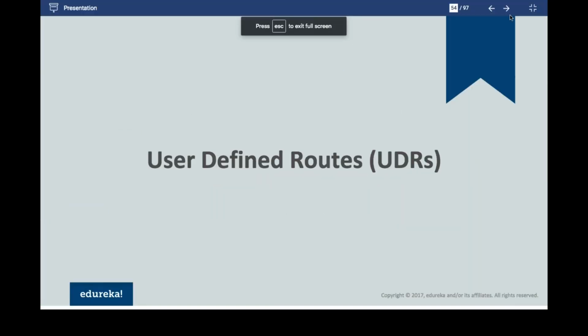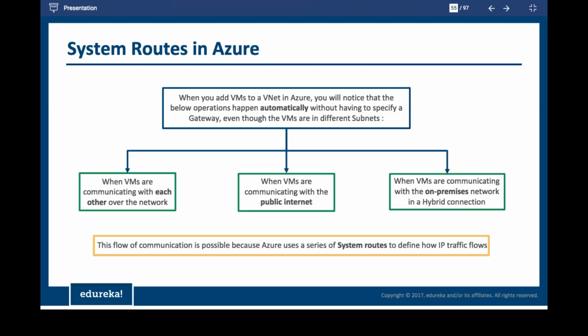You have something called user defined routes that comes on your route table. We commonly call them system routes in Azure. When you add VMs to a virtual network in Azure, you will notice that you will be having multiple